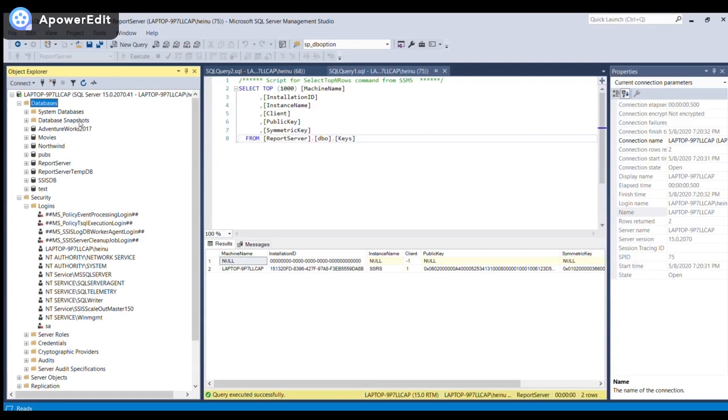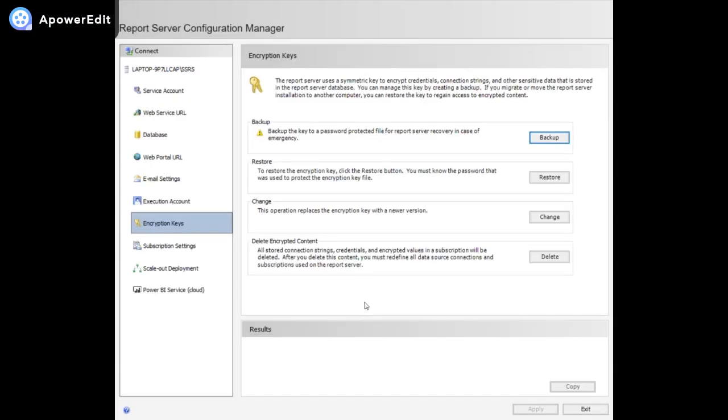We need to restore the database, right? Then we just use device and then the report server, and the report server temp DB was restored here. When we restore, just do not forget to choose the option to overwrite the existing database with replace here, and then do the restore. After the database restore, you just